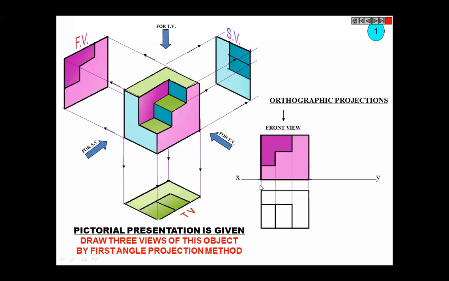You should keep some minimum distance, that is an arbitrary distance. If it is given that this object is, for example, 10 mm away from the vertical plane, then this distance should be 10 mm, but you just ideally keep 10 to 20 mm distance here. It should not join. If it is joined, what does it mean? That object is kept in the first quadrant such that it is touching the horizontal plane as well as the vertical plane. It means like that. Then we will draw the side view like this. Clear?